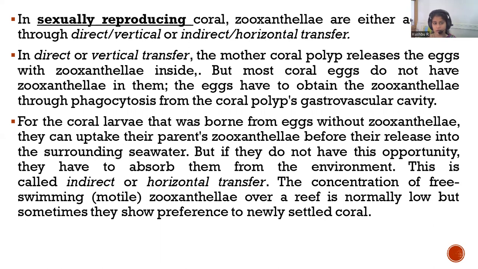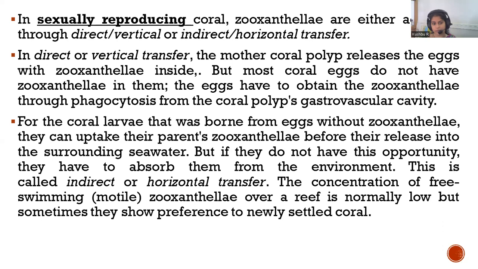In direct transfer or vertical transfer, when the eggs or spawns are produced by the coral reefs and they do not have zooxanthellae members with them, these eggs perform phagocytosis, which means engulfing of some single-celled algae within it, even before it has been fertilized. Even in the egg form itself, it makes sure that it has some zooxanthellae members in it, for which it adapts the mechanism called phagocytosis, engulfment of the zooxanthellae members from